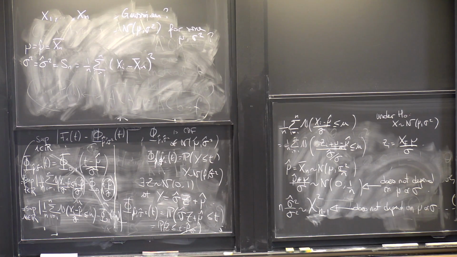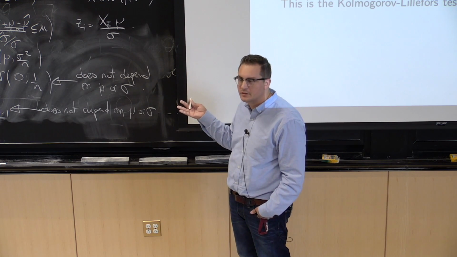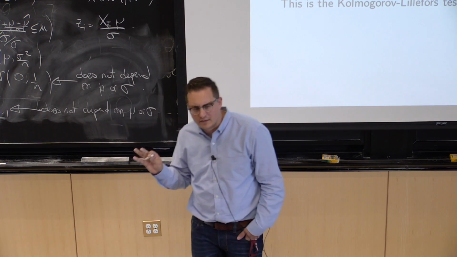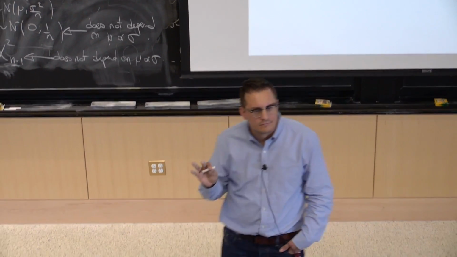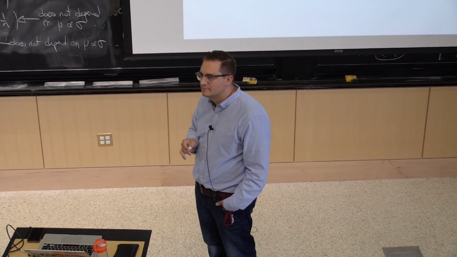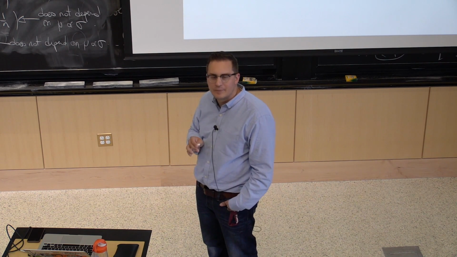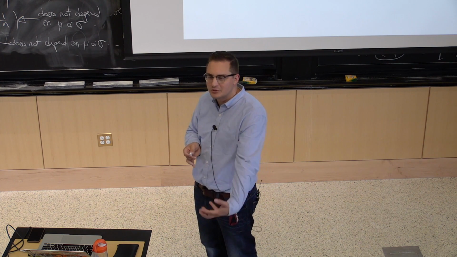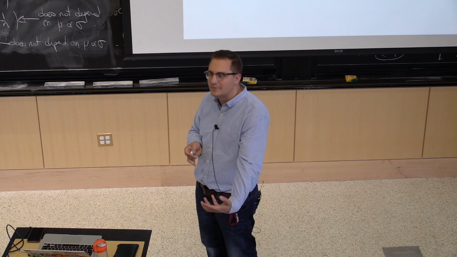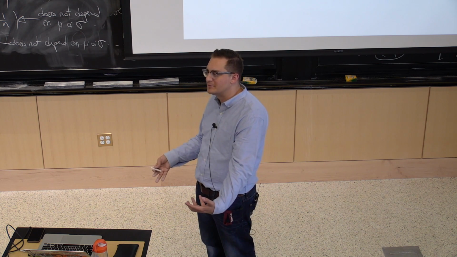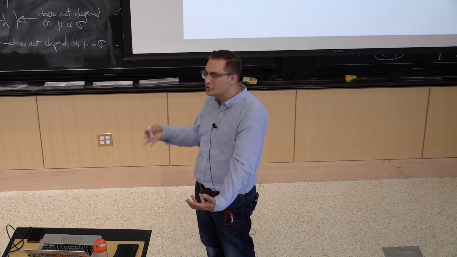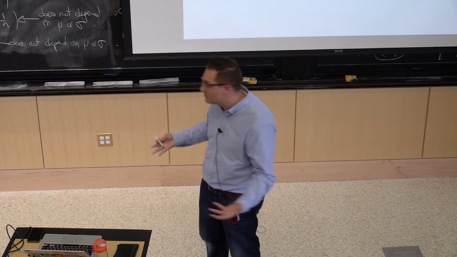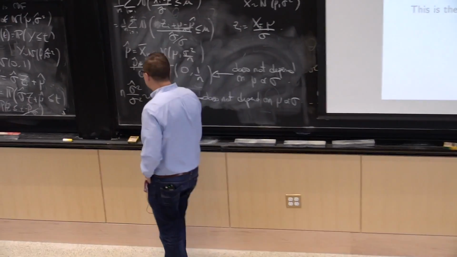So now I have those two things. Neither of them depends on mu or sigma. There's just one more thing to check. What is it? That they're independent, right? Because the dependence on mu and sigma could be hidden in the covariance. It could be the case that the marginal distribution of mu hat does not depend on mu or sigma, the marginal distribution of sigma hat does not depend on mu or sigma, but their correlation could depend on mu and sigma. But we also have that,